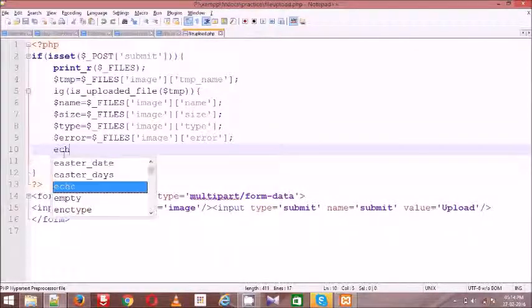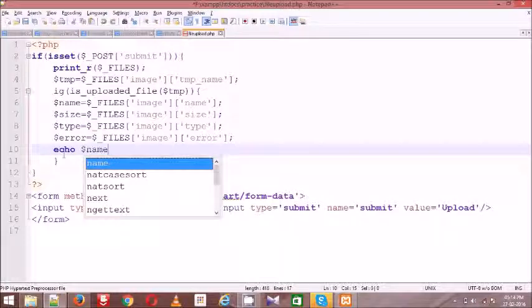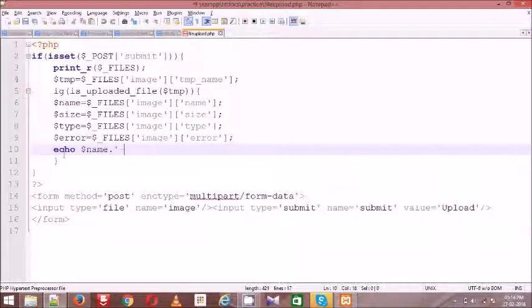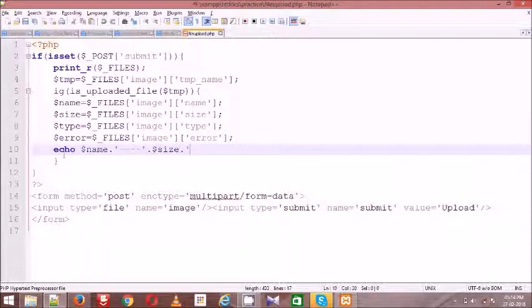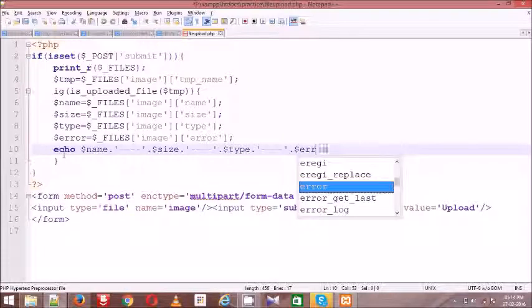Then print all the values individually: here the name, its size, its type, and the final one is error.